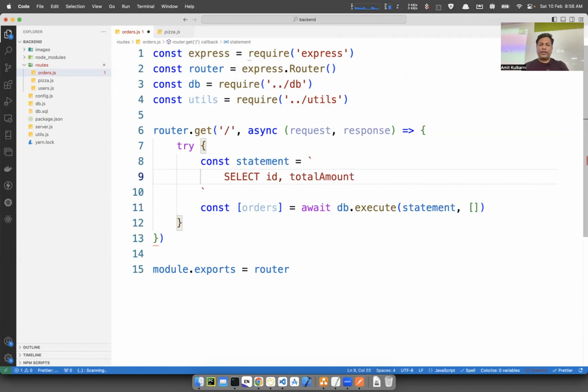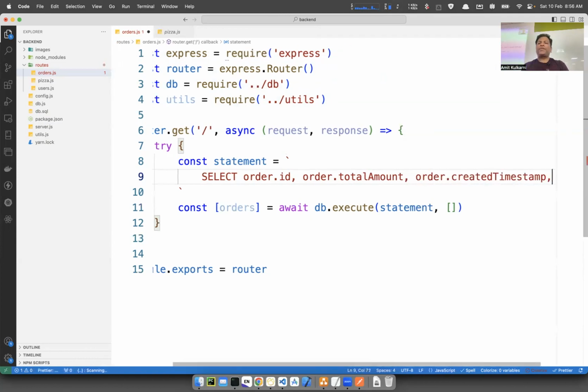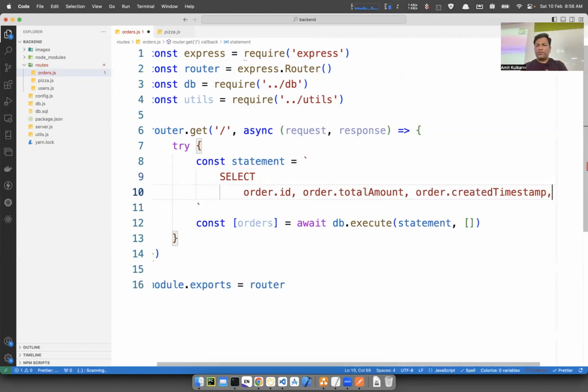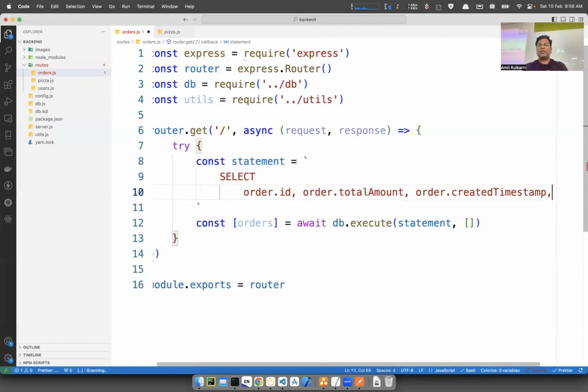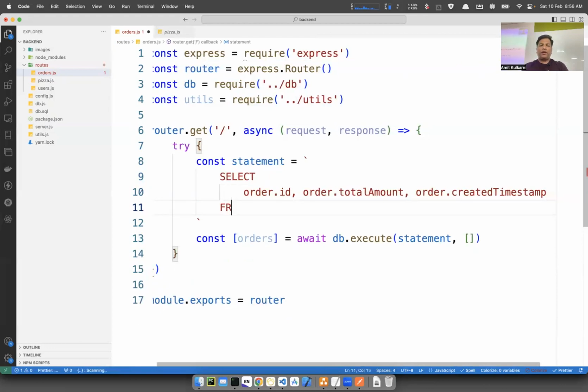Total amount. I think I should call this as order.id, order.total amount, order.created timestamp. This is the first set of columns from orders. Then we need the details as well. Details dot. No, I think it's better for me to keep it simple for now. From order